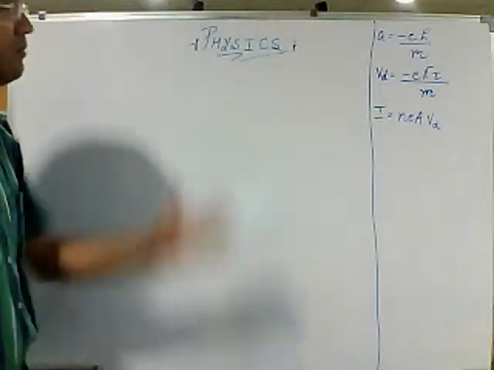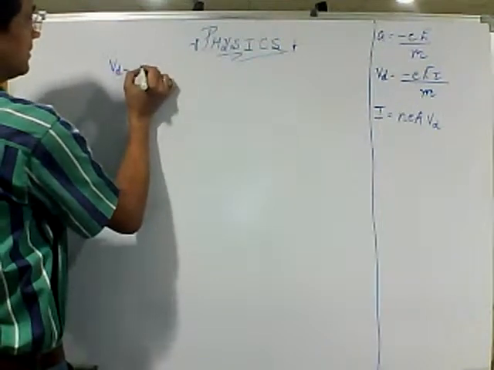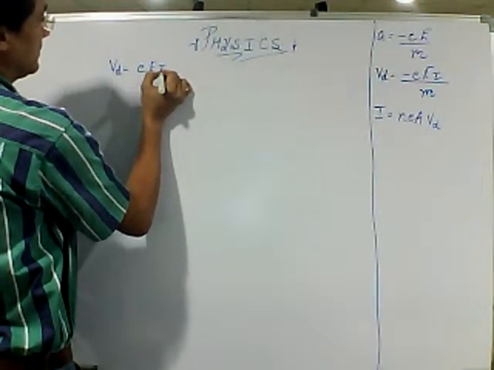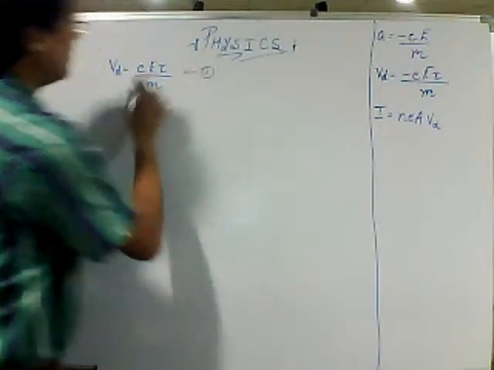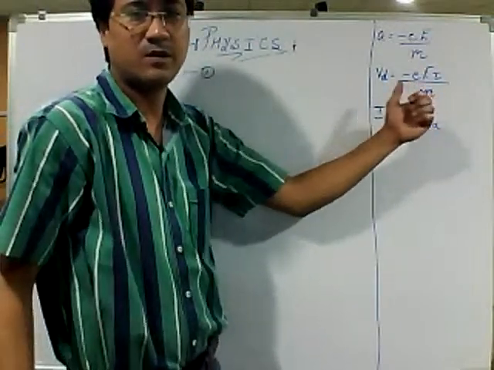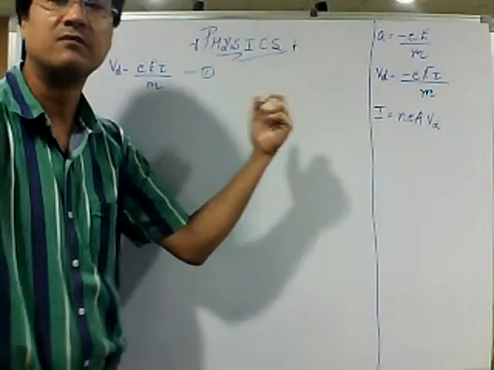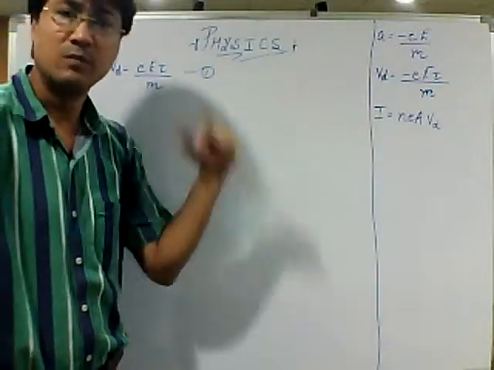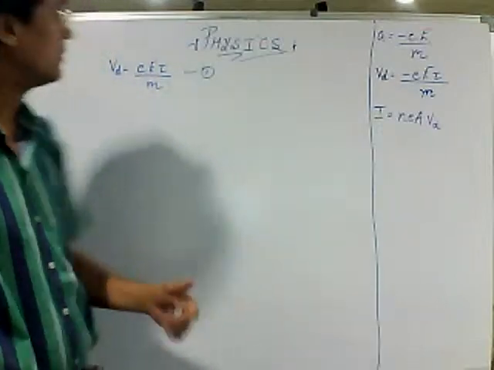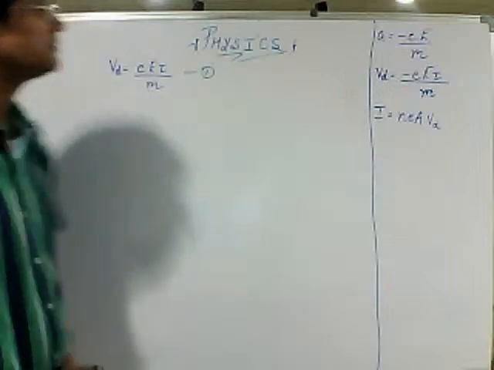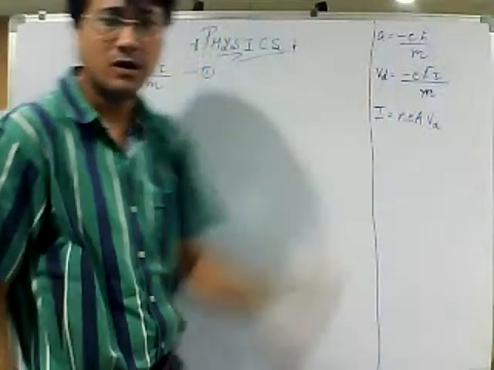Now we know drift velocity Vd, which is E tau by m. Okay, expression number 1. Now I am not taking the negative sign. Why? Because we are moving on to resistance, which is a scalar quantity, so it doesn't make a difference. Anyhow, we need to take a mod to remove this negative sign when we apply for resistance, and we are going for Ohm's law. So we can remove the negative sign, because this is not going to affect the magnitude. It is only showing that the direction was opposite.